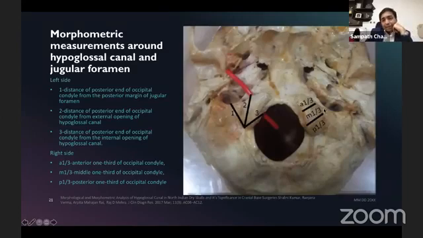But remember that the occipital condyle is divided into anterior, middle, and posterior thirds. I would be hesitant to remove more than 50% of the occipital condyle. Anything more than that would most likely destabilize the atlanto-occipital joint. So one-third, maybe a little bit more than one-third, is all that I would venture. If you want to resect more than two-thirds of the occipital condyle, then you better be prepared for an atlanto-occipital joint fixation procedure as well, and this has to be all planned before surgery.